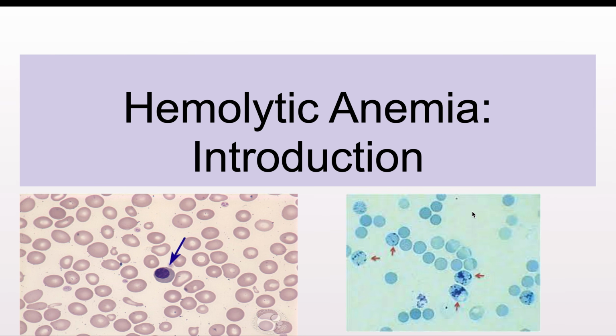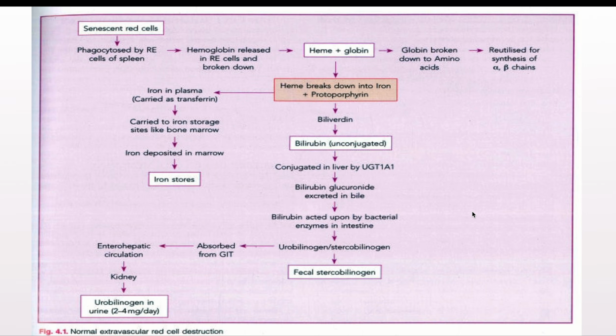Hemolytic anemias. So what is hemolytic anemia? Hemolytic anemia is a form of anemia in which there is abnormal breakdown of the red blood cells. This abnormal breakdown of red blood cells can take place either in the vessels, which is known as the intravascular form of red blood cell destruction, or it can take place in extravascular. So we first discuss the extravascular form of